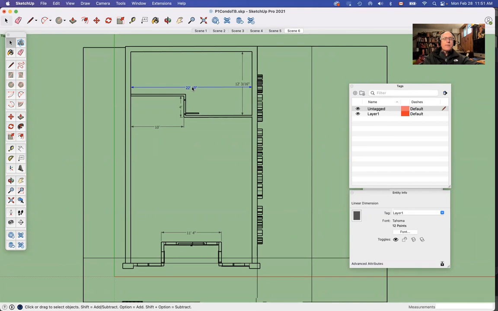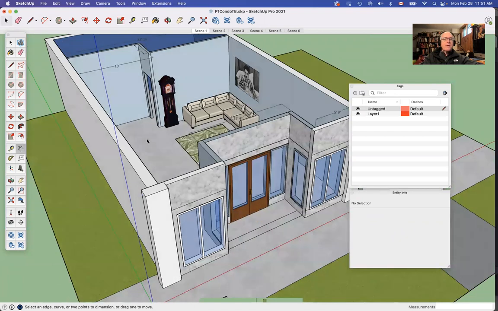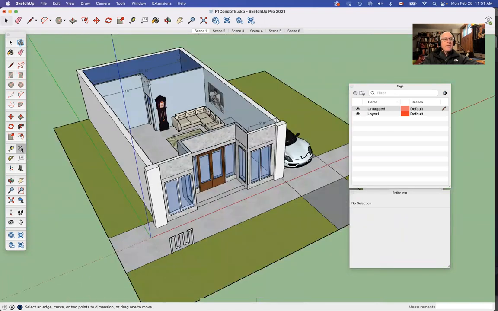You can create things and put them on there one at a time and hide them. I'm just going to make one more dimension so you can see how you go about doing it. Let me do it from this view because I'd like you to be able to see how you could go about doing this. I'm going to choose my dimensions tool right there next to the measuring tape. Click a spot that you'd like to measure from, some dimension that you think is useful to show off. Click there,